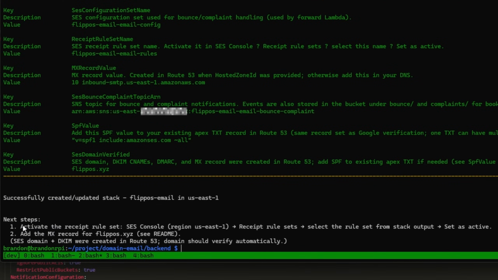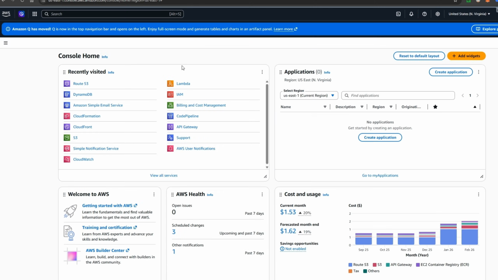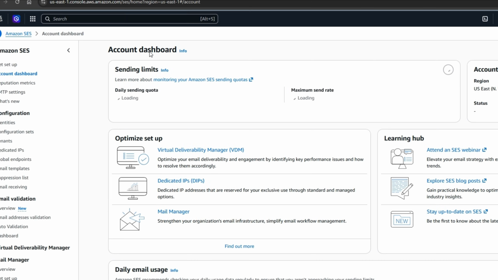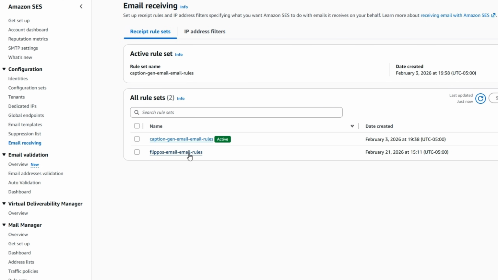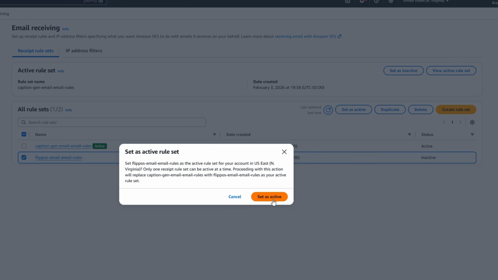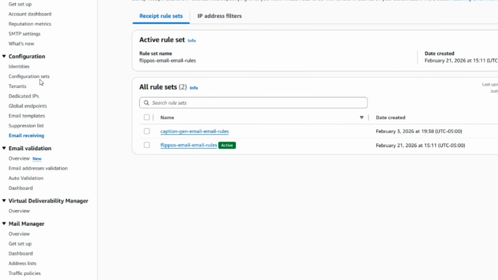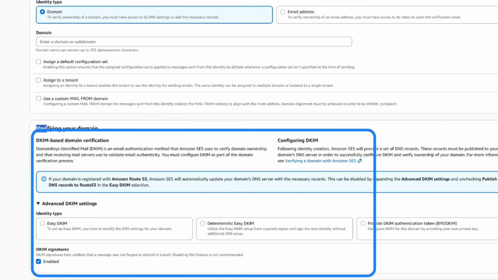Everything seems to have worked. We just need to do one more thing. We will go to our AWS SES service, find the email receiving rule just created from deployment and click activate. That's all you need to do if you are using Route 53 and provided the hosted zone ID. If you are using other domain registrars, don't forget to add those DNS records and verify your domain in SES